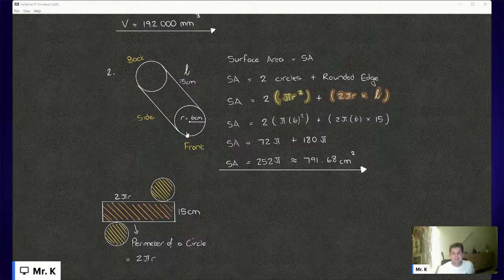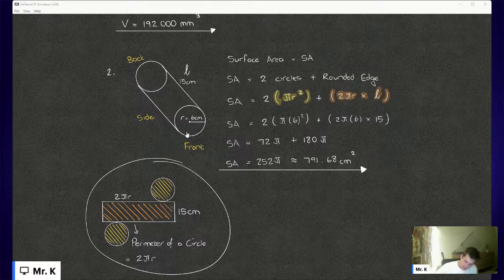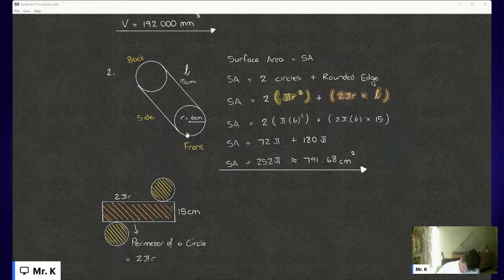It really depends, guys. If you are happy to save yourself the effort of having to memorize all of the formulae, you can then just sit in your test and think about this diagram over here and then calculate it in one straight go like this. That works. If you don't, guys, you then need to know that the surface area of